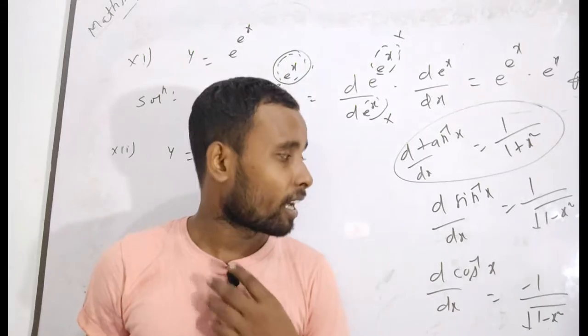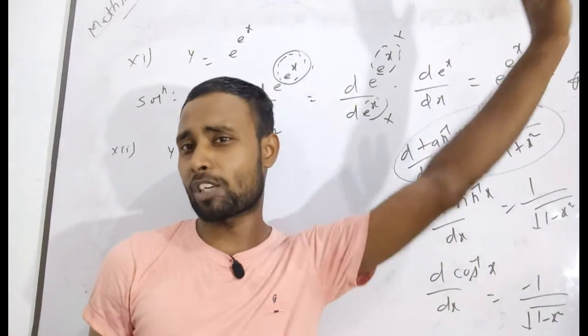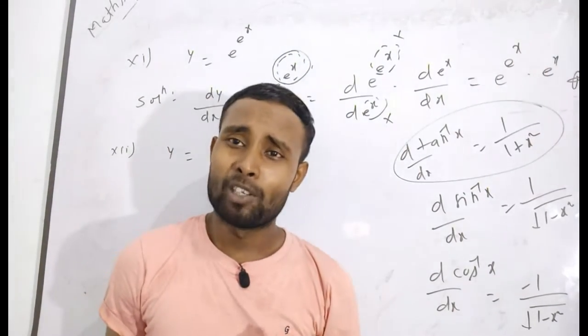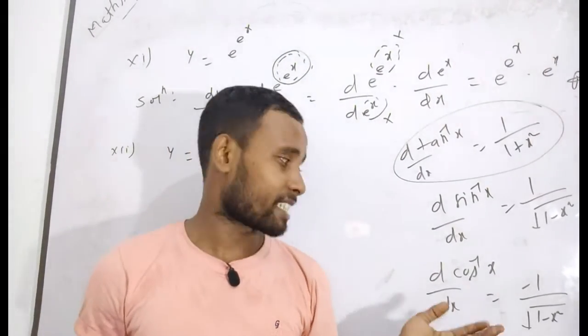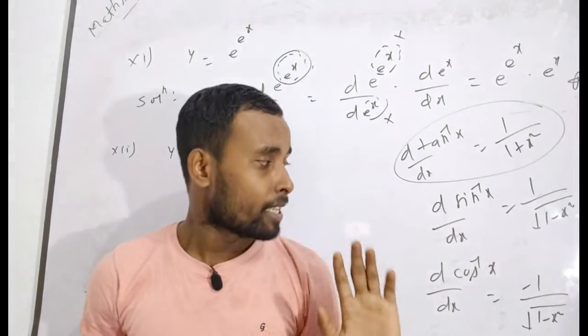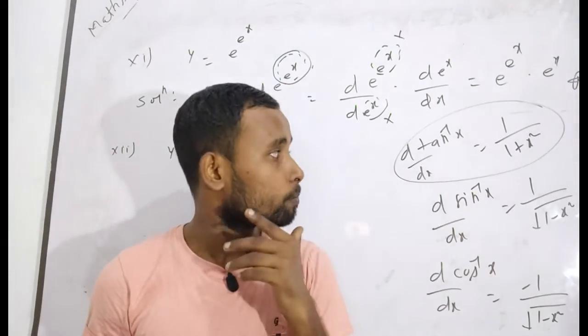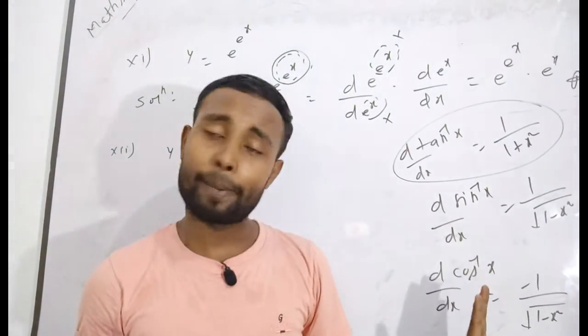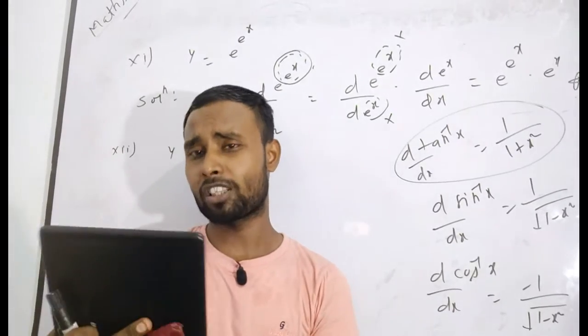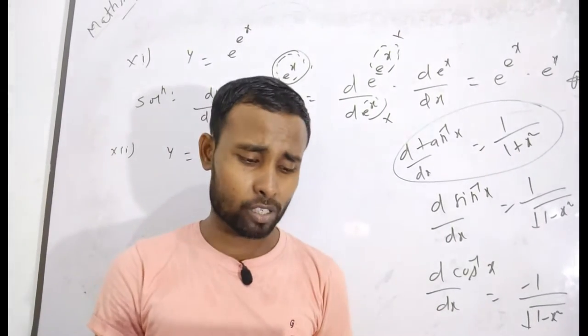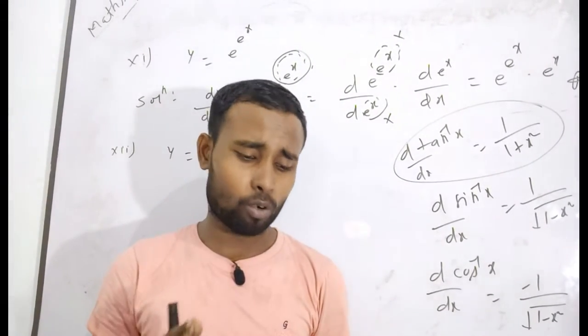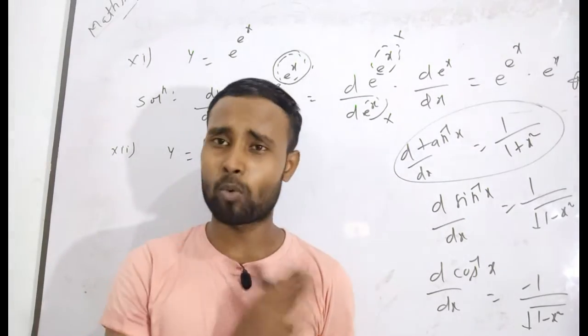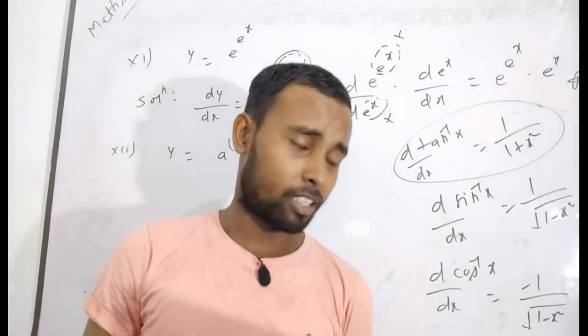There are two methods through which you can solve this question. First method will be your first principle, that means ab initio method, and second method will be quite different, that means the alternative method, which I will discuss. And you have to remember this problem first, because in your next 3 or 4 questions, which are relevant to this formula completely, that's why I want to write here this formula.